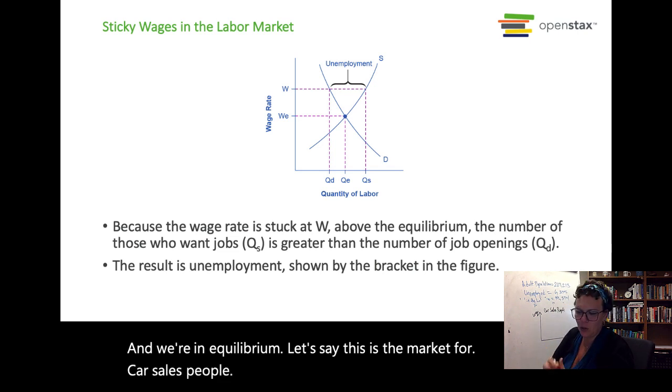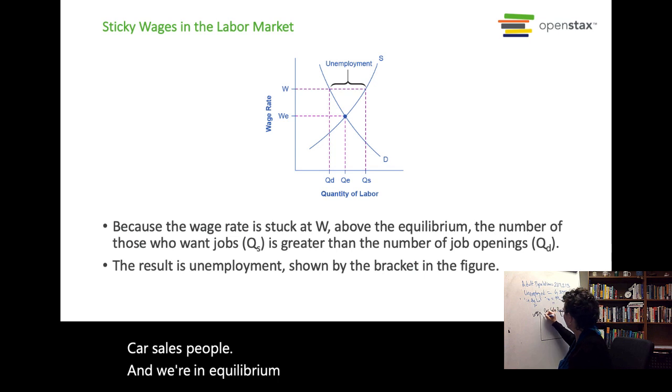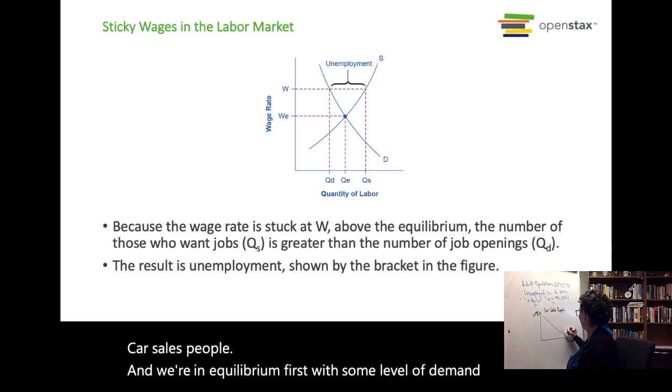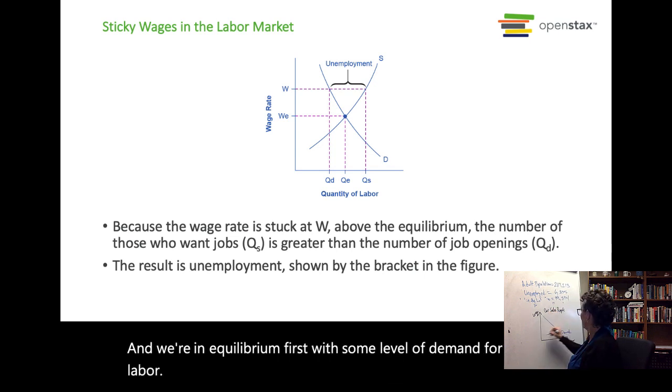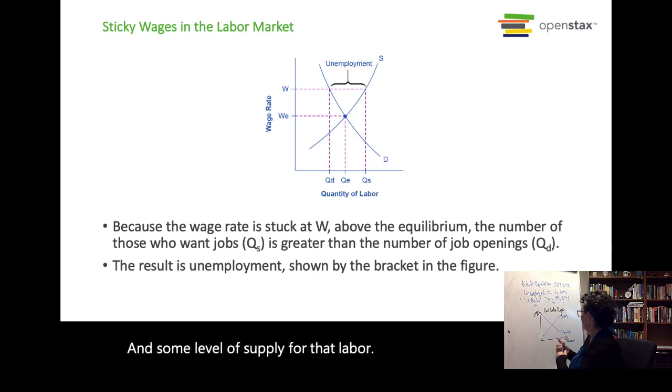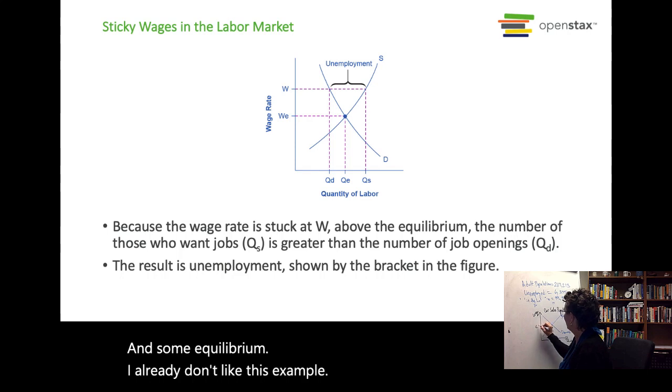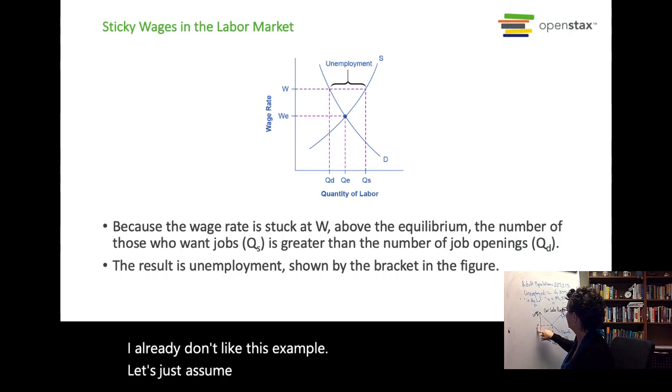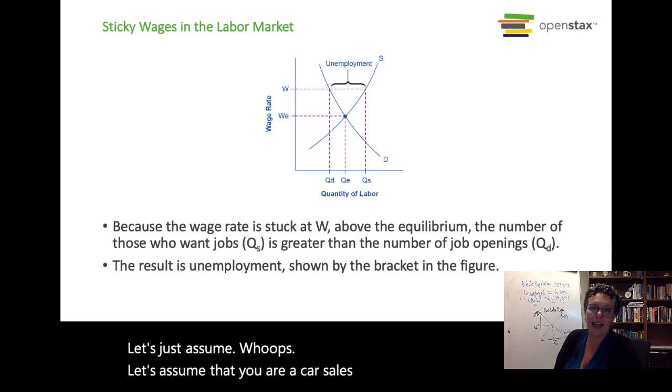And we're in equilibrium first with some level of demand for that labor and some level of supply for that labor and some equilibrium. I already don't like this example. Let's just assume that you are a car salesperson and you're on salary and you don't make commission,